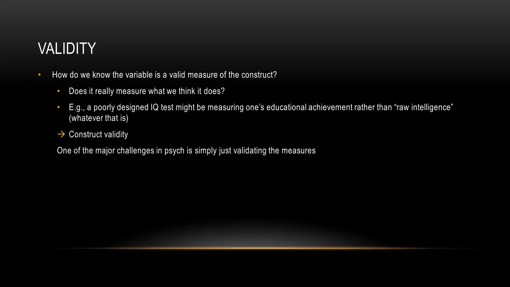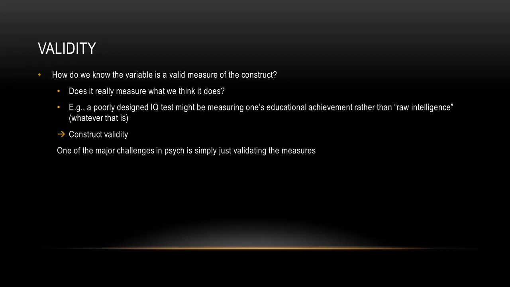For example, we tend to think of someone's intelligence as being something that's independent of their actual educational achievement. The idea, of course, is that you could be a genius. You could just be a raw genius. You could just be as smart as Einstein, but you never went to college and you never got a doctorate and became a famous physicist, right? That doesn't mean that you're not intelligent. It just means that you didn't get all of that educational stuff. So you're not going to necessarily use that intelligence to discover the laws of the universe in the way that Einstein did, right?